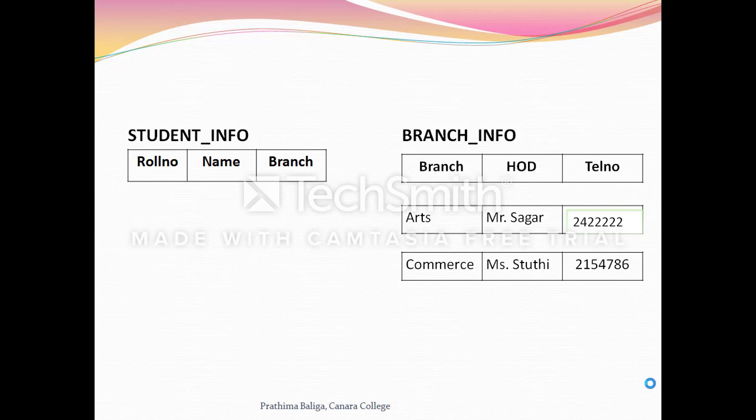We have seen how reducing data redundancy and organizing data in multiple tables has helped us solve all these problems. This technique is called as normalization. Normalization can be achieved in multiple ways, that is, first normal form, second normal form, third normal form and Boyce Codd normal form. We will learn them in the upcoming videos.